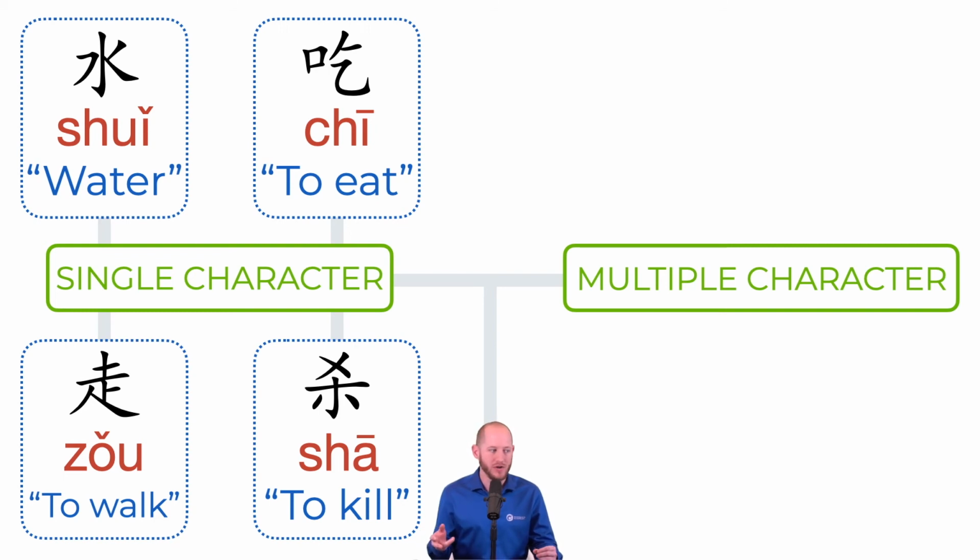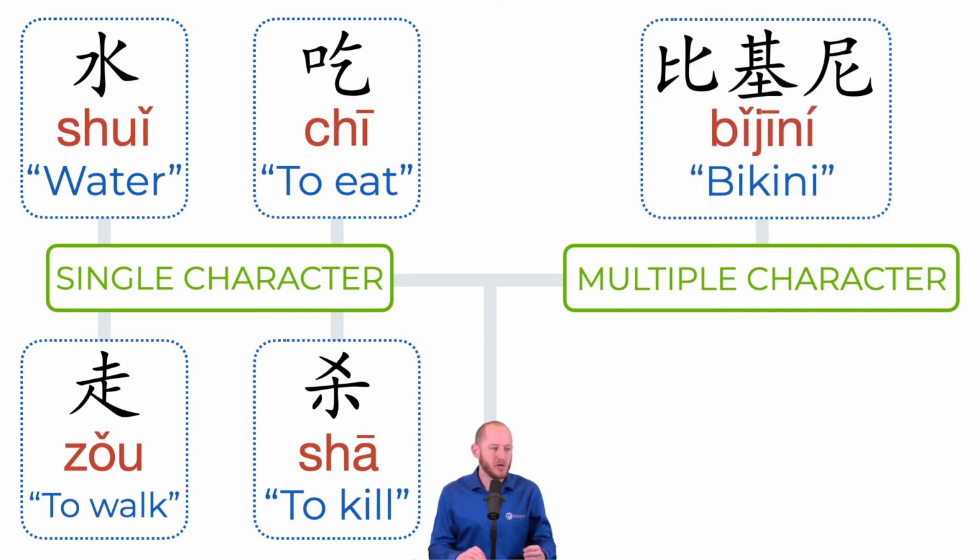We all have to deal with water. We're all afraid of getting killed. We all need to eat, and we all walk, right? These are more ancient things. But you'll see later that when you get to the compound words, that's when you can take these same characters, these same words, and expand upon them. And then, of course, there's multi-character